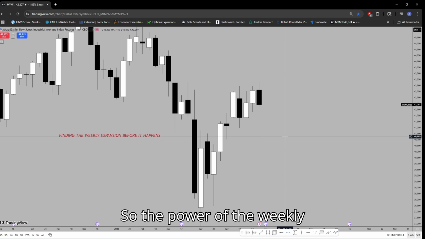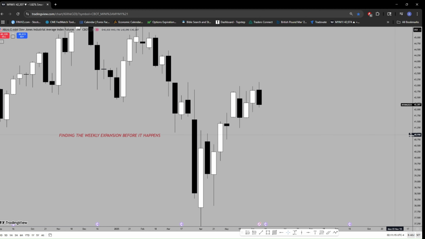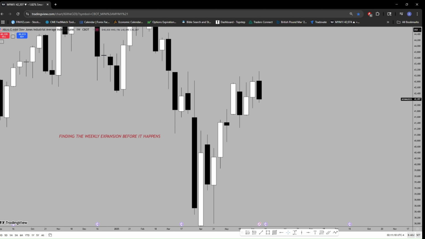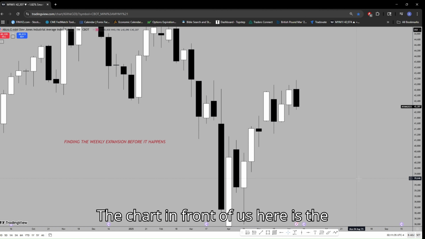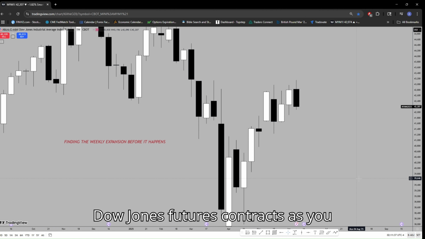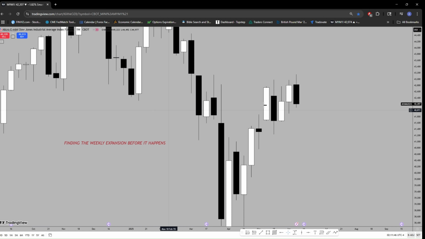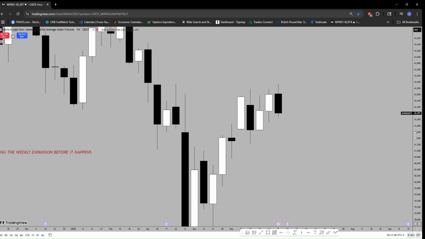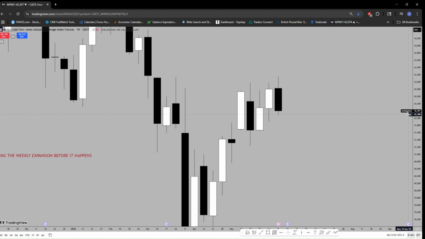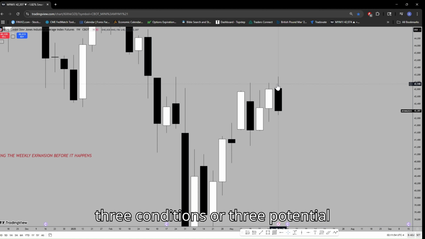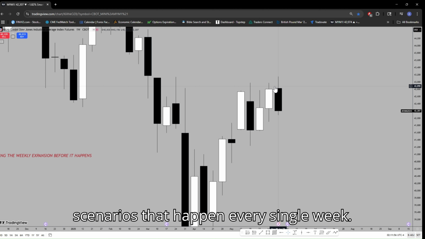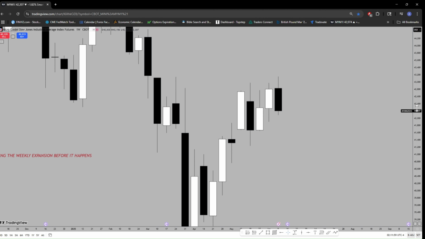So, the power of the weekly candle. The chart in front of us here is the Dow Jones futures contracts, as you can see in the top left corner of your screen. For the week, we have three conditions or three potential scenarios that happen every single week. That is,